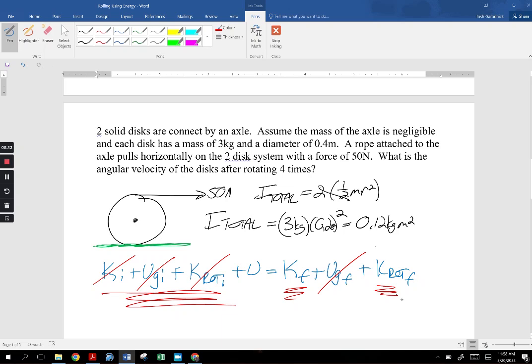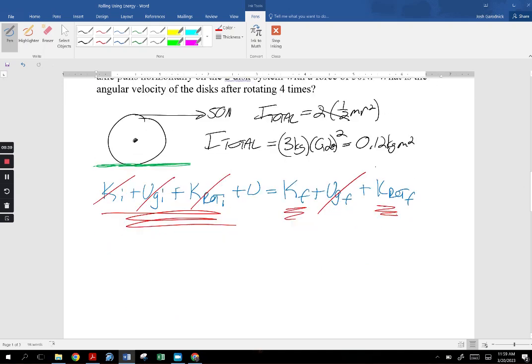done. All right. From class, we should know that work when it comes to torque,